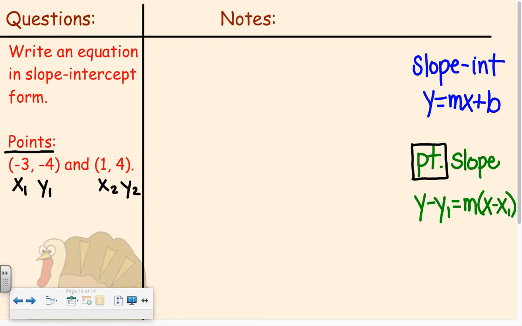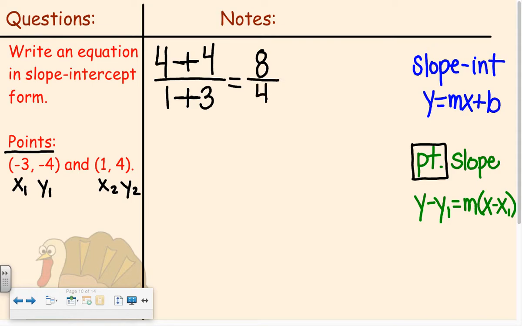My formula is y2 minus y1 over x2 minus x1. So 4 plus 4 is 8, 3 plus 1 is 4, 8 divided by 4 is 2. That right there is my slope. Okay, so now I know my slope is 2, and then if I pick an ordered pair to use,